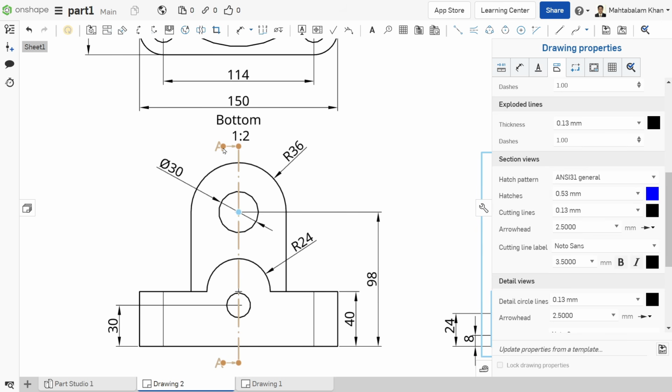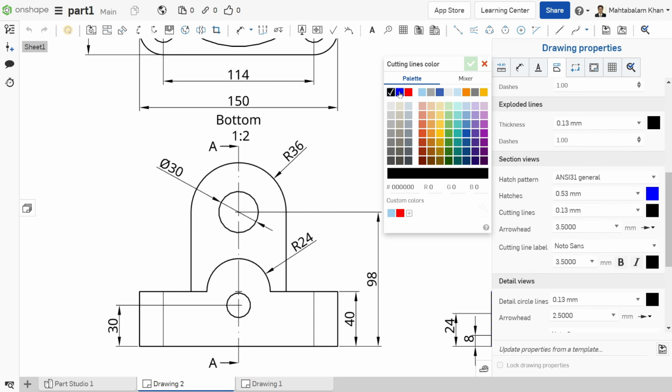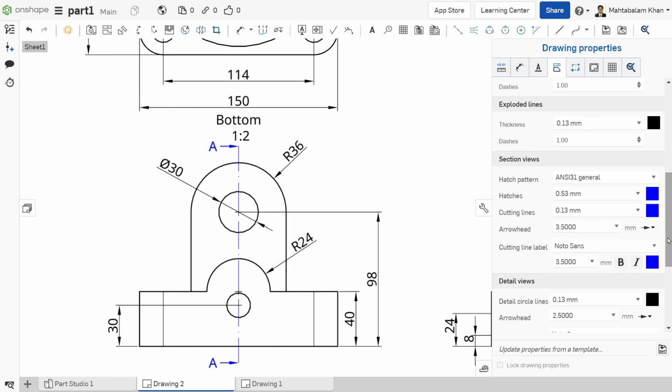Now check this section, arrowhead 3.5, it's big. Cutting line blue, see the line is blue. Cutting line label, make the label also blue, so the symbol also becomes blue, say okay.